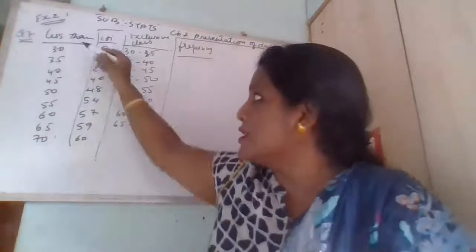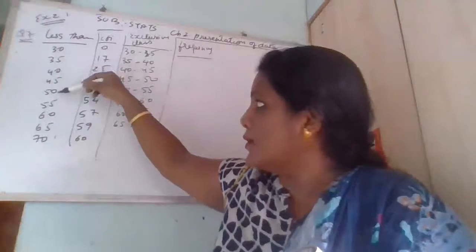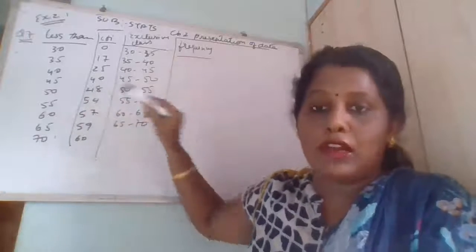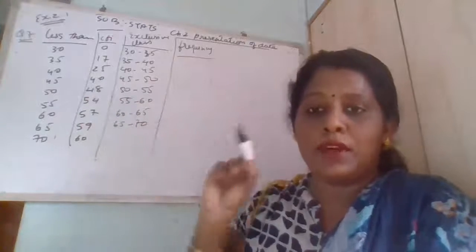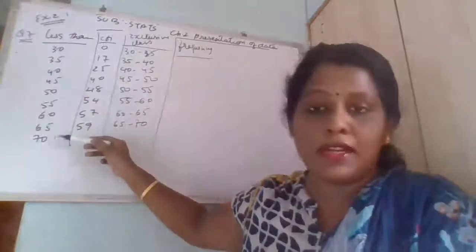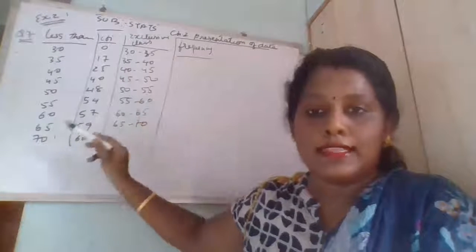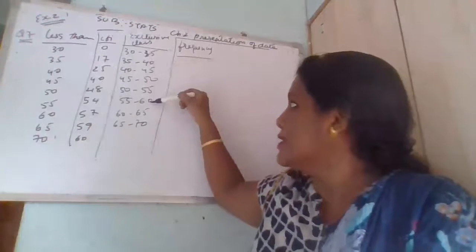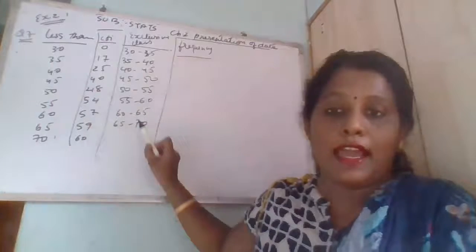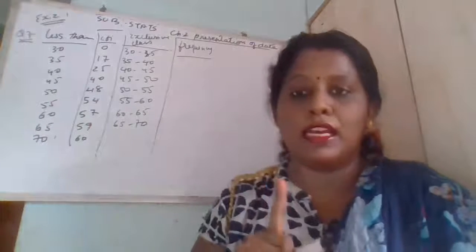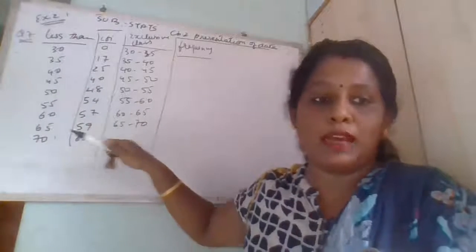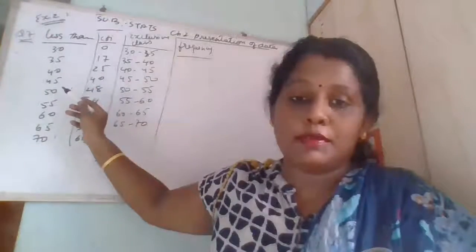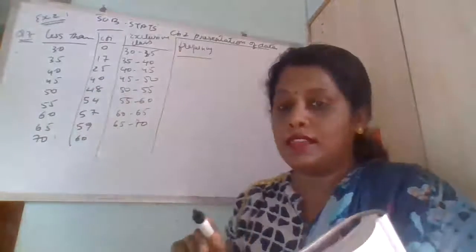See here it is 1, 2, 3, 4, 5, 6, 7, 8, 9. 9 numbers are there. But always remember your class: if you are finding your class from these boundary points, then the class will be one less. See, 1 2 3 4 5 6 7 8, here 9 and here 8, एक कम ही मिलेगा हमेशा. हमेशा कभी ये मत सोचना कि यहाँ पे भी 9 है तो यहाँ पे भी 9 ही होगा. It is not like that. लेस देन टाइप जब भी दिया होगा तभी, right.